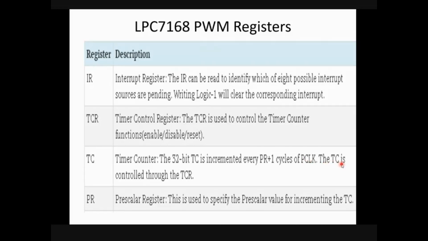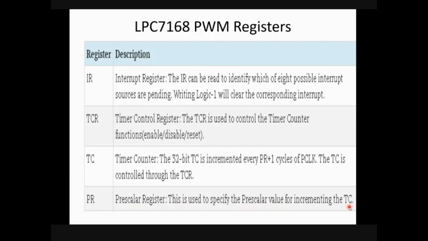This timer counter is controlled by TCR. So what is this PR? PR is the prescaler register. The value PR+1 will make the TC increment. So what is PR? PR is a prescaler register. This is used to specify the prescaler value for incrementing the TC.